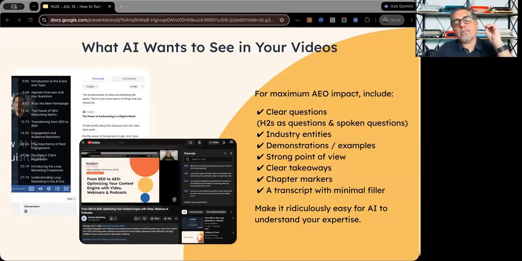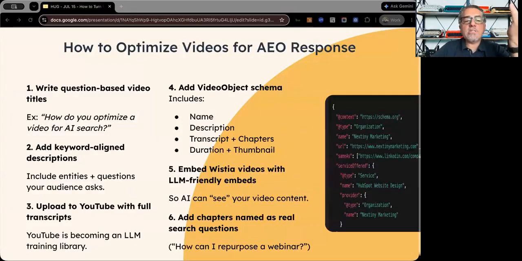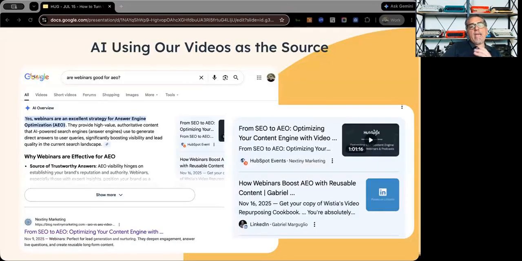So the clear takeaways: make sure you use chapters if you can, on YouTube, on Wistia, you can do that. That separates the content. All of that gives structure, and then use schema to make sure that the schema is telling AI, this is a video, this is the title, this is the description, this is the transcript, like we talked about before. Like I said, if you use HubSpot Video or if you use Wistia, tools like that create the schema for you. AI is using video as a trusted source all the time.